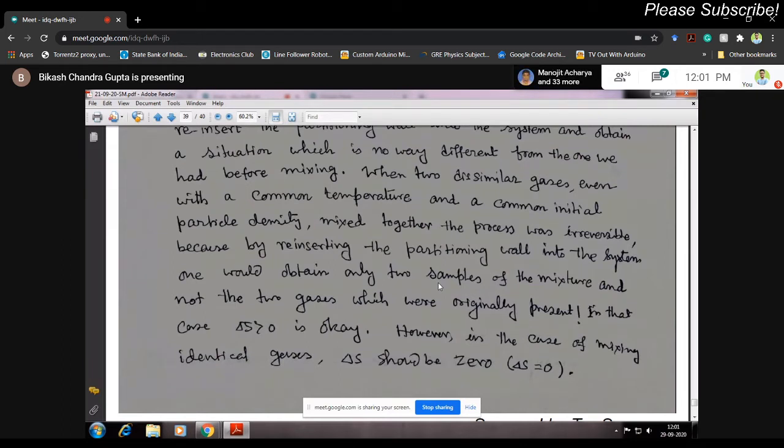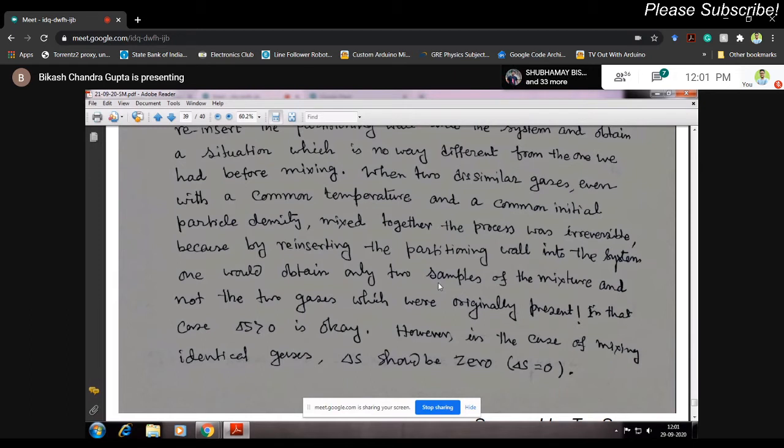Now I am assuming that there is going to be no chemical change. Okay, it is better to assume helium and, say, neon gas. I think that is better. In one chamber you have helium gas, in another chamber you have neon gas. Now these two molecules have different masses, but the number density is the same, and in both chambers the temperature is the same.